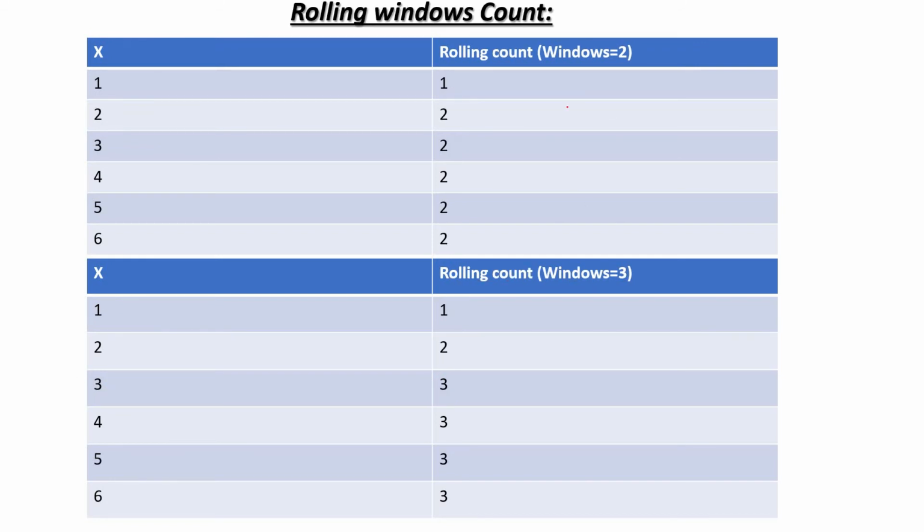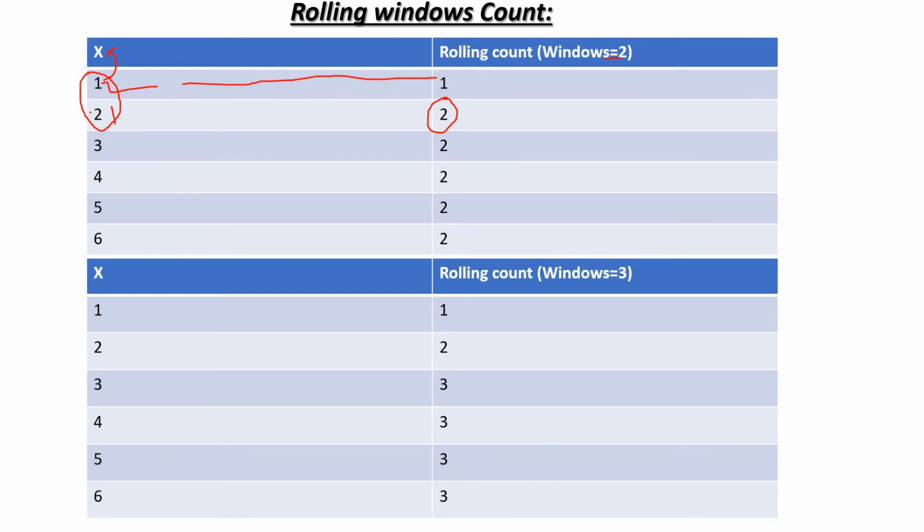Now we'll go ahead and see count. Okay, here this is the same data set. Now count with window equals 2. See, before this element we don't have any element, that's why count equals 1, right? Only one element we have. Window equals 2, this is two elements, because window equals 2, right? So how many elements do we have? That is 1, this one, and second is this one, right? So 1 plus 1, that is 2. 2 we got over here.